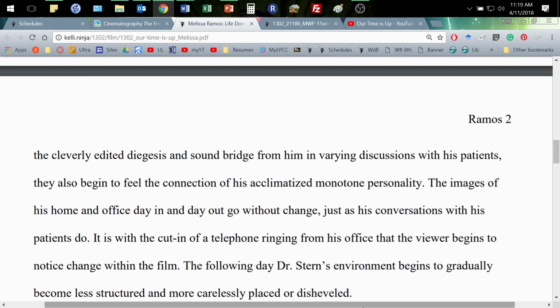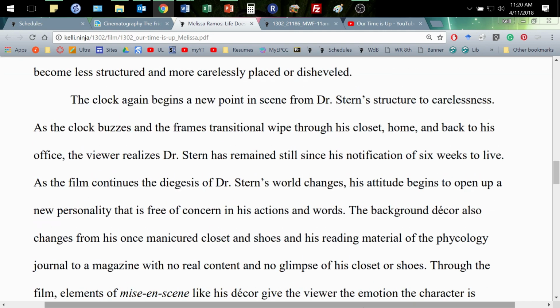It's with the cut-in of a telephone ringing from his office that the viewer begins to notice change within the film. The following day, Dr. Stern's environment begins to gradually become less structured and more carelessly placed or disheveled. So now she's just transitioning us to that next scene, which is that same one that we got in the first, that clock, but this one's different. The clock again begins a new point in a scene from Dr. Stern's structure to carelessness. As the clock buzzes and the frames transition right through his closet, home, and back to his office,